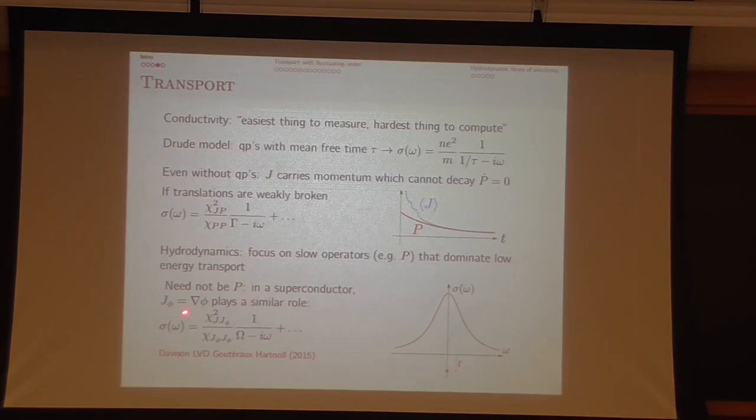So deep in the superconductor, this operator is conserved, and I have again an infinite DC conductivity. But when I allow for topological defects to proliferate, it will start to relax, and I call the relaxation rate big omega. In the limit where this relaxation rate is small, this is what the low frequency conductivity is going to look like. Generically there can be several operators that overlap with the current, and so they're all going to lead to different hydrodynamic descriptions. Any questions so far?